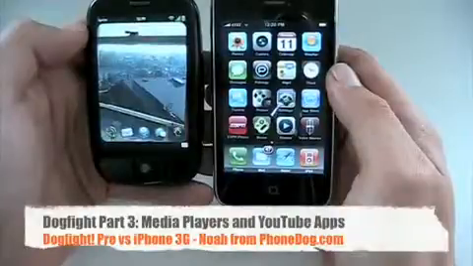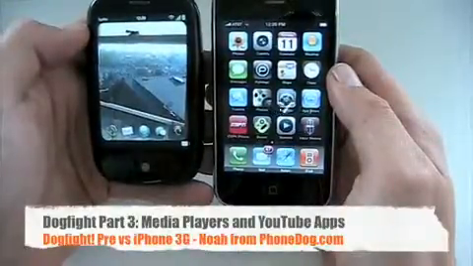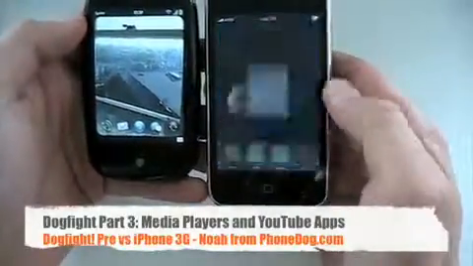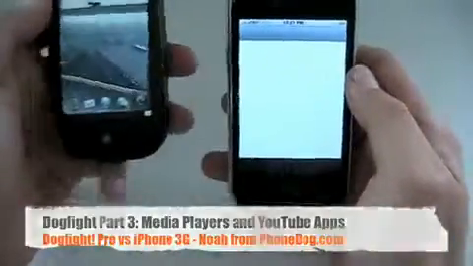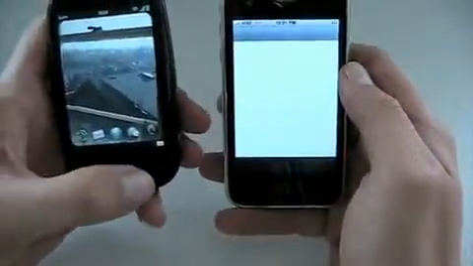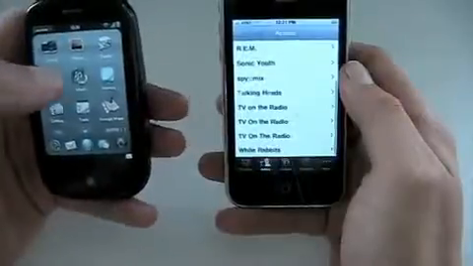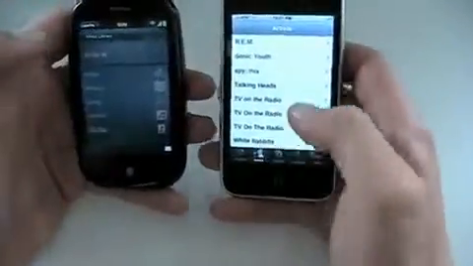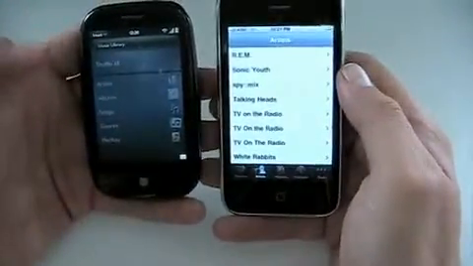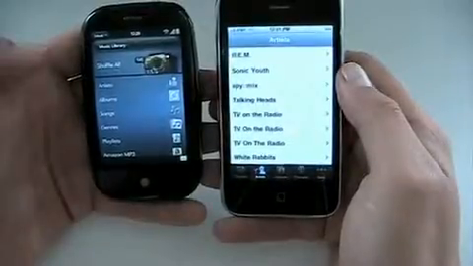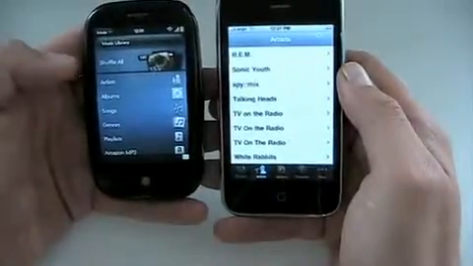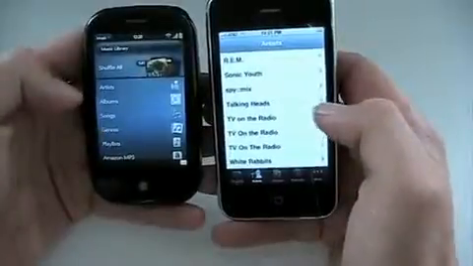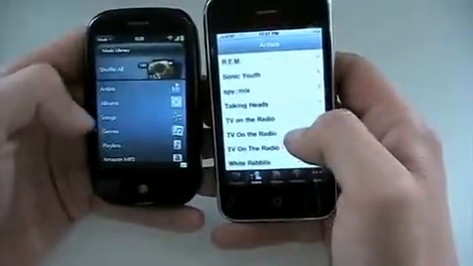We'll look at the media players now on both. The iPhone, obviously, has the whole Apple iPod ecosystem and everything. The Pre is a little bit more of a basic media player. They both work well. They both sound good. They're both kind of visually appealing. As I'm doing this, you can get a sense of what the screens look like on the different